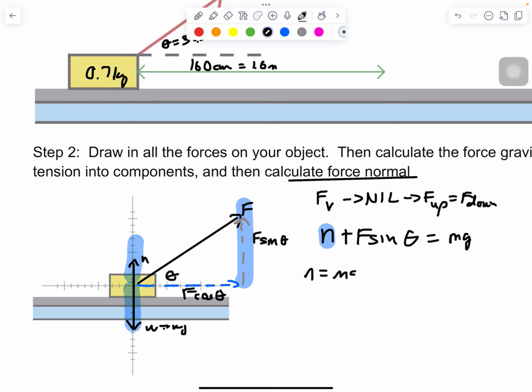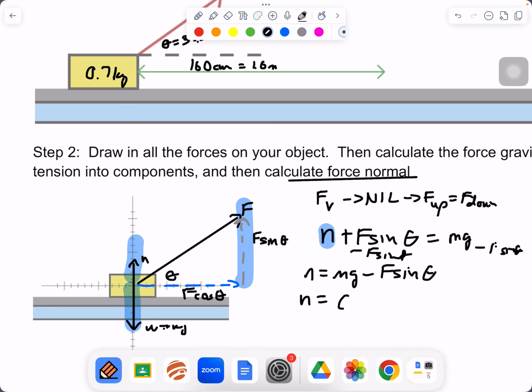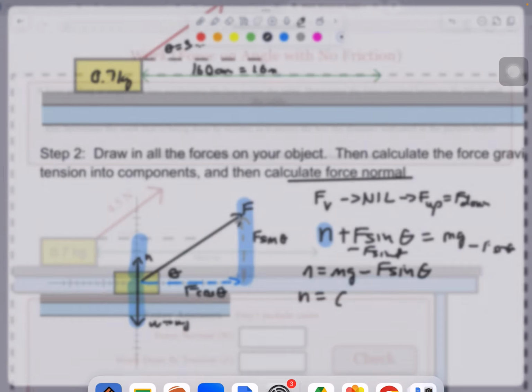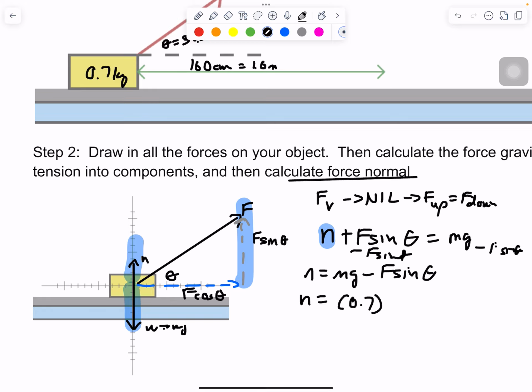Normal force would be mg. We subtract F sine from both sides. Let's see, minus F sine. Let's plug into that. So we have a mass of 0.7 minus